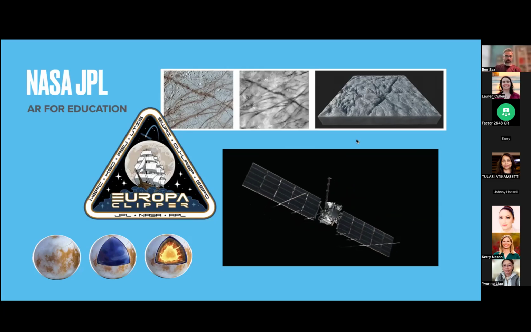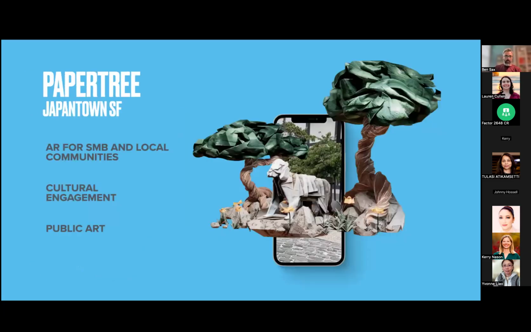And that kind of led to this next one, which is Papertree. So Papertree is an origami shop in downtown San Francisco in Japantown, and it's been family owned for generations. And what we wanted to do was help develop an AR project that would be a way for small businesses to engage with their community using XR, using AR. And we also wanted to prototype what it would be like for a small XR agency to work with a local business to put together a project